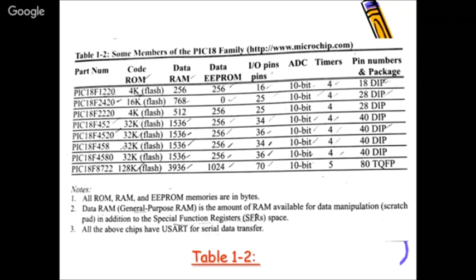If you compare it with respect to your 8051 Intels, then you see that there is a vast difference. Okay, और इनपुट आउटपुट पिन्स भी देखो, आप 16 से शुरू होकर 80 पिन तक जा सकते हो। एज मेनी एज IO पेरिफेरल्स यू वांट यहाँ पर मिल सकते हैं। सभी में ADCs है, टाइमर्स है, एंड दीज आर द पैकेजेस।